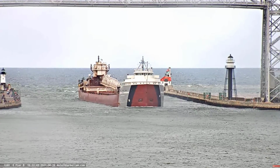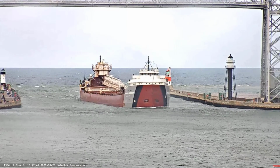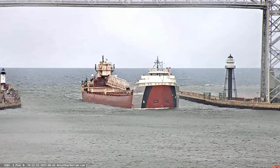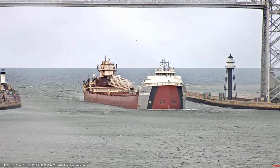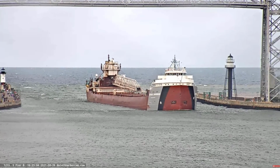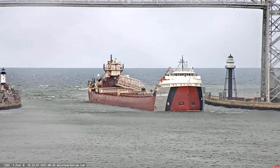Once again, we have the Arthur M. Anderson arriving to the Duluth Ship Canal. She was built in 1952, measures 767 feet in length, 70 feet in width, and 36 feet in depth. She has a maximum carrying capacity of 25,300 tons, owned by the Duluth-based Great Lakes Fleet and operated by Key Lakes Incorporated, both of Duluth, and she's currently on her way in today with a load